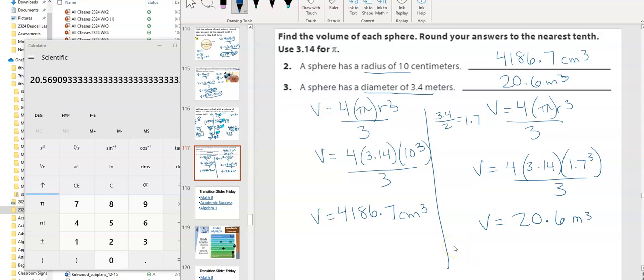Just so you know, sometimes in certain problems, they might ask you for half of a sphere. If that was the case, if this problem asked us for half a sphere, we would just take our final volume and divide by 2, because we use half spheres in a lot of things. You might be talking about an ice cream cone, and that's the top half of the ice cream cone. Or a lot of the times we have mounds of dirt and we're looking for an approximate volume of that. So if for some reason it asked you to divide by 2, you would just